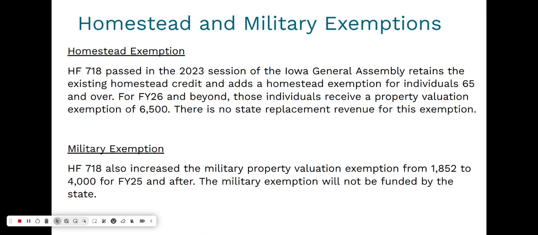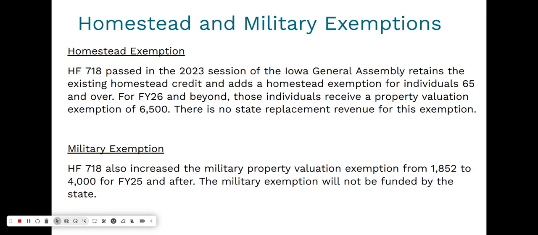What House File 718 did is add a homestead exemption for individuals 65 and over. For those folks, beginning with this fiscal year 26 and beyond, those folks receive a property value exemption of $6,500. So their value that will be taxed against is actually reduced by $6,500, and there is no state replacement revenue